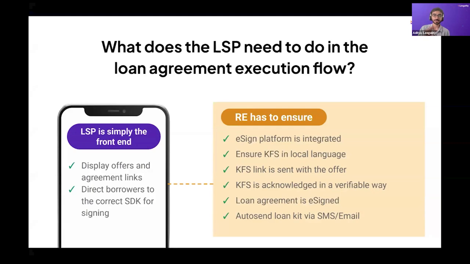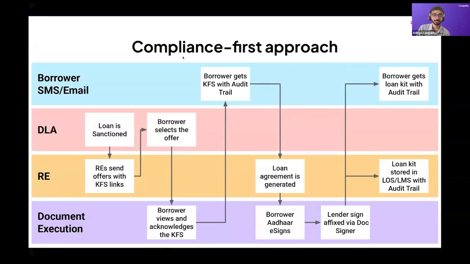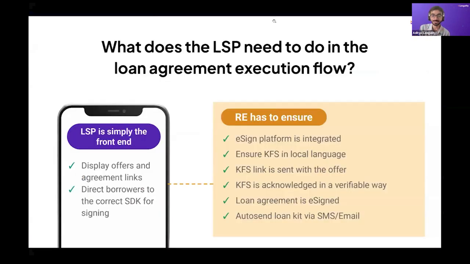In the DLD, at least as far as loan agreements are concerned, the LSP fintech DLA is simply the front-end interface for the customer to experience. It's where they can see things and where they can click on things, right? And after they click, they have to get redirected to things. This redirection, where they get redirected to, what happens in the backend, ultimately that heavy lifting has to be done